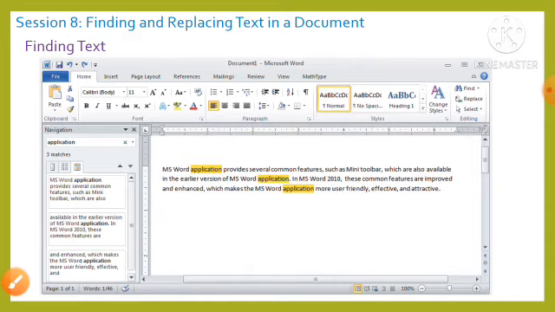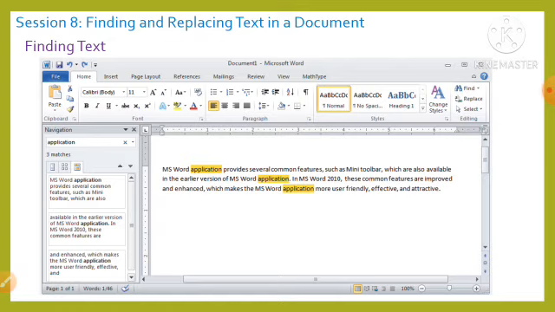Next is finding and replacing text in a document. In a Word document, you may want to find out whether a particular word or text is in the document or not. In addition, we may also want to replace a particular word or text with some other word.